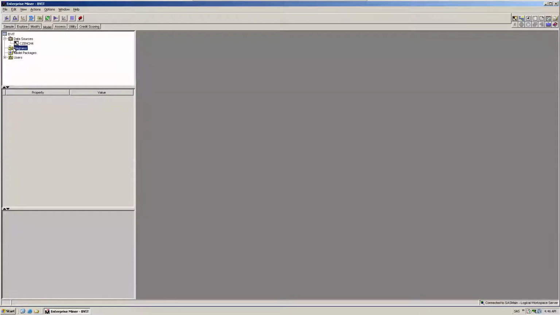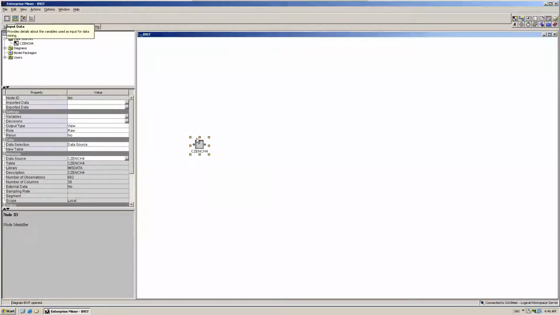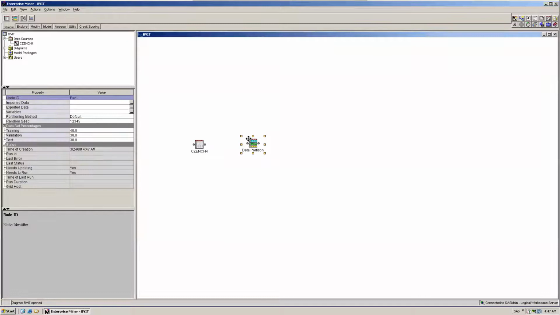So when your data is available, create a new project. This is the BVIT project. Click on it. Take a sample. This is the sample. Split the data. 80% is my training, 20% is my validation.